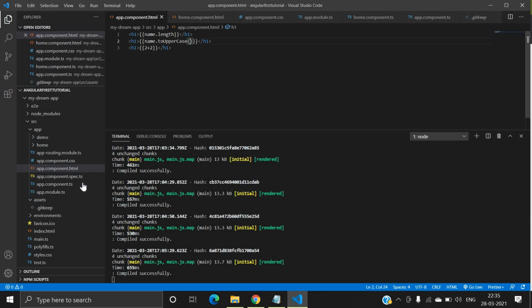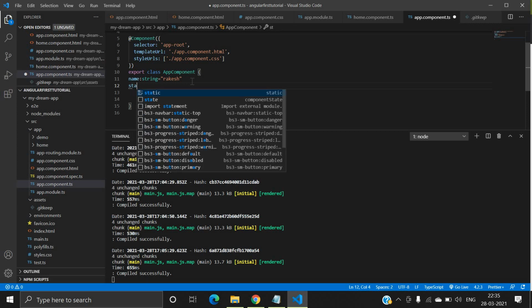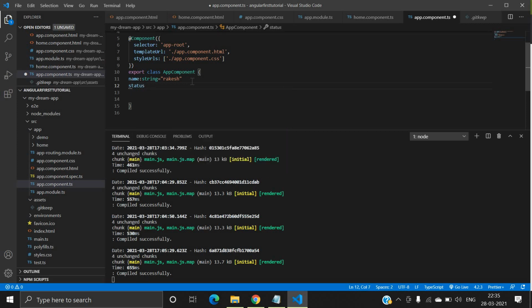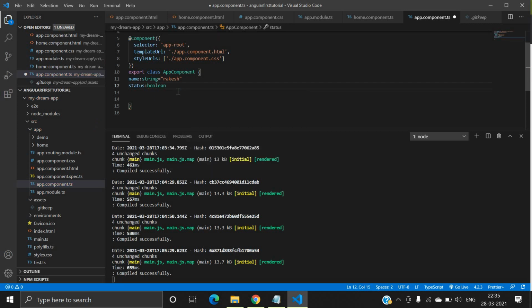If I talk about how to use the ternary operator, I will create one property. Like if I talk about the status of a user, for this status property we will use a boolean value because it will return true or false. I will use true.